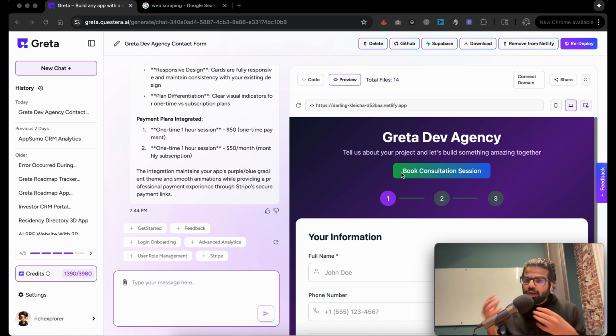So a lot of third-party things like being able to scrape from the internet, being able to read a YouTube video, being able to summarize something, a lot of this is third-party stuff, which is similar to creating a burger. Greta can't do it, right? But if you find a third-party library and give Greta information of how these things need to be done, it can write that code and do that integration for you.